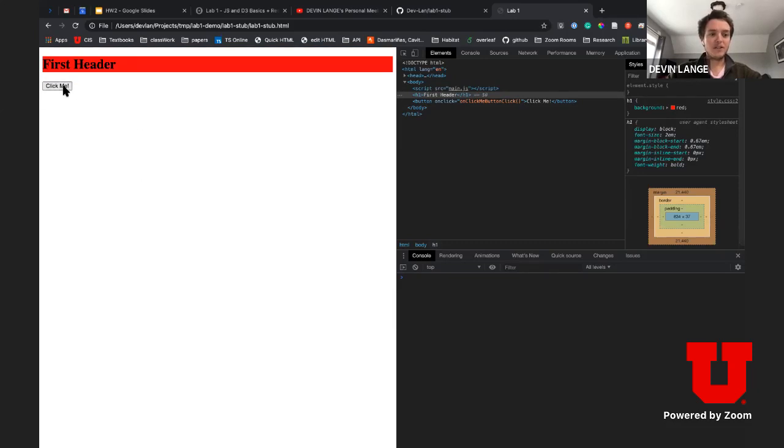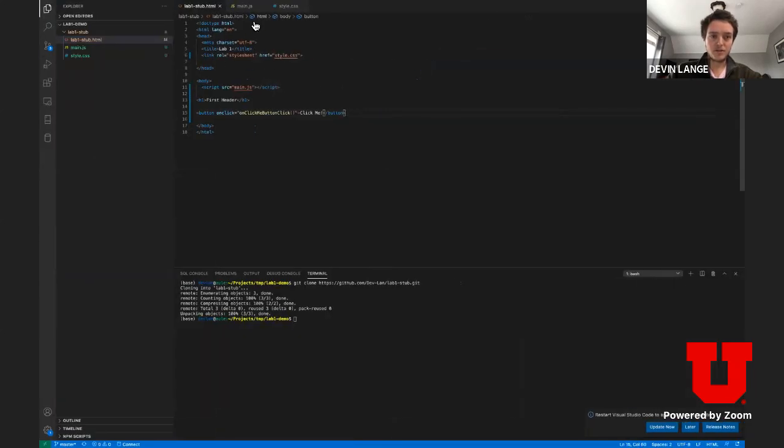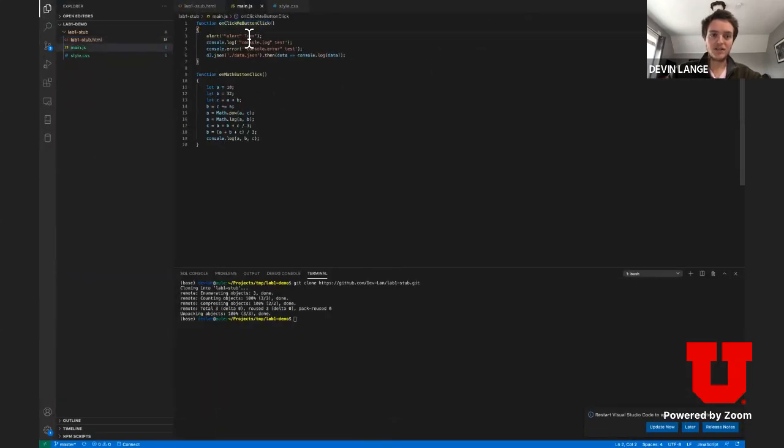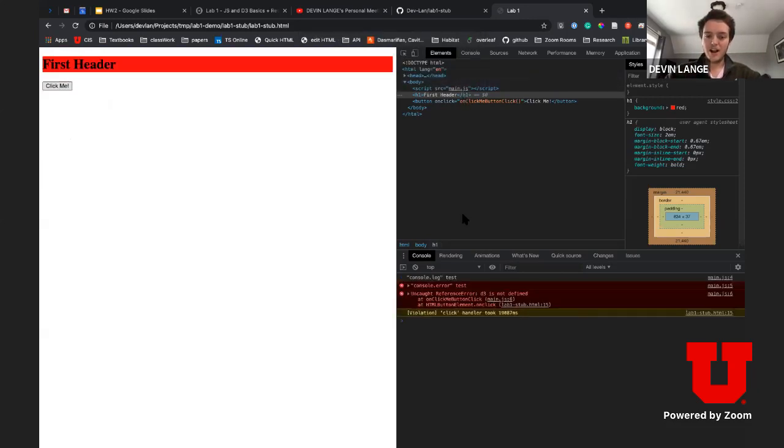But we do have this button, and if we click it, we get this alert, which if we look back in here corresponds to this first line of the function. And the alert is something that generally you probably don't want to use that often, because it brings up this pop-up that you have to click OK to get through. And then the next few lines, you'll see the result of